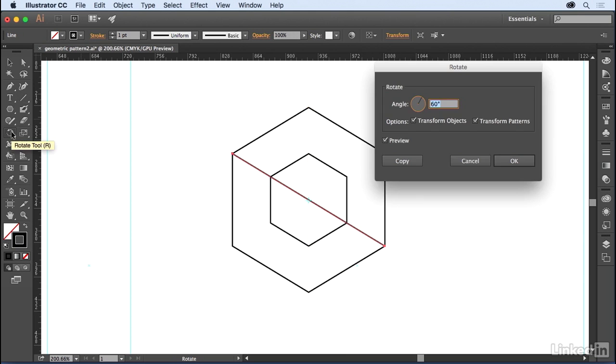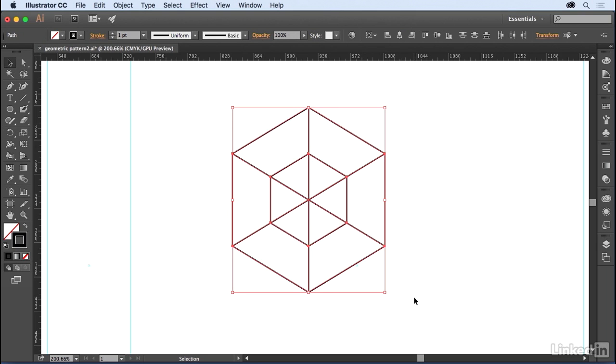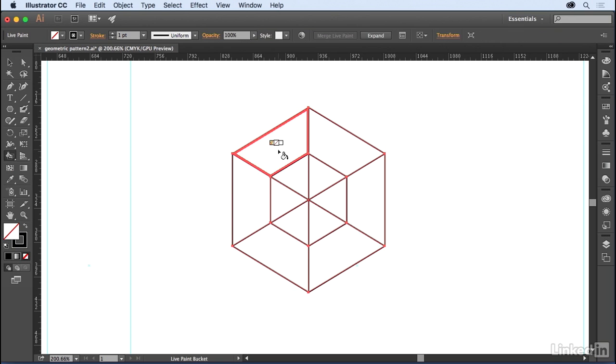Double click on the Rotate tool. I want to rotate a copy through 60 degrees and then Command D to repeat that transformation. So I now have my basic pattern tile. I want to fill the different segments with colors from my predetermined color group. And to do that, I'm going to choose my Live Paint bucket and click to make this into a Live